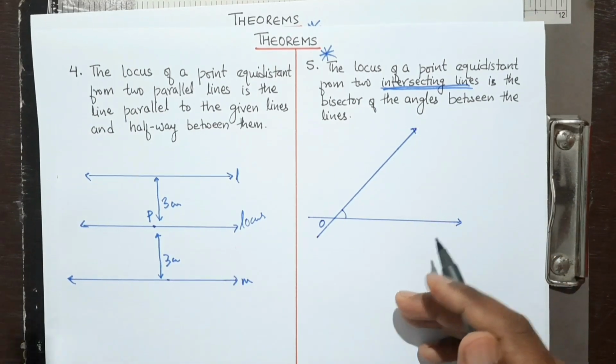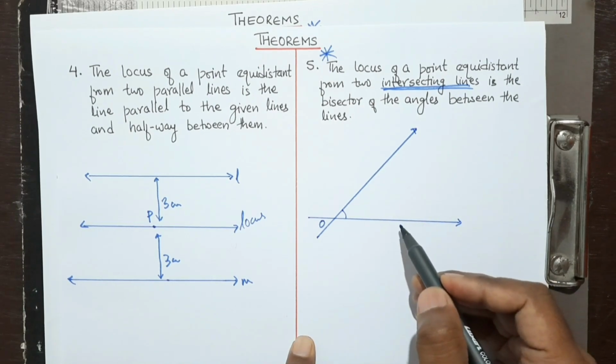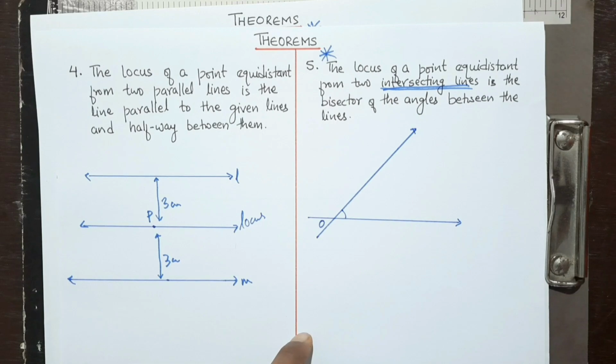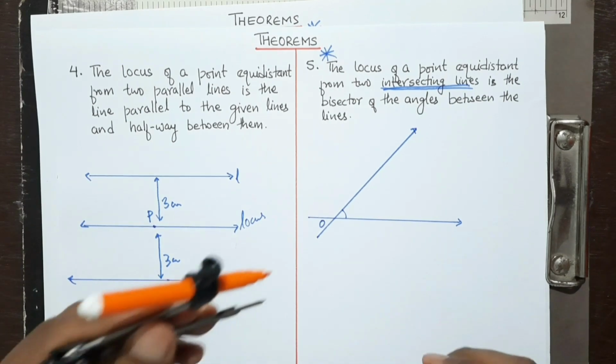According to this theorem, the locus of any point equidistant from both these lines is always the angle bisector. That means now we are going to draw the angle bisector. So now we are going to learn how to construct an angle bisector, and that's why it is a very important theorem. So first we'll